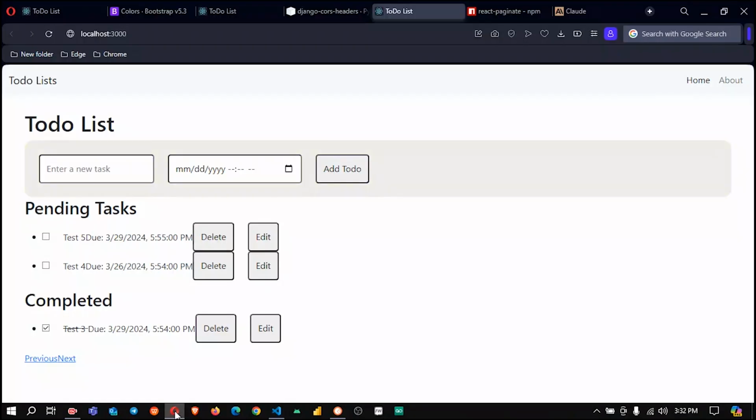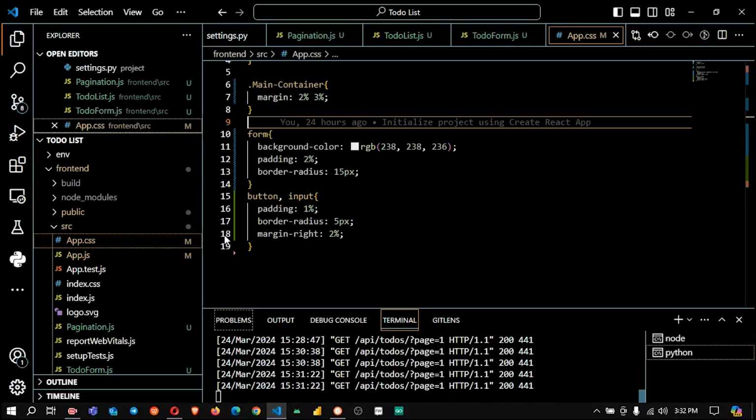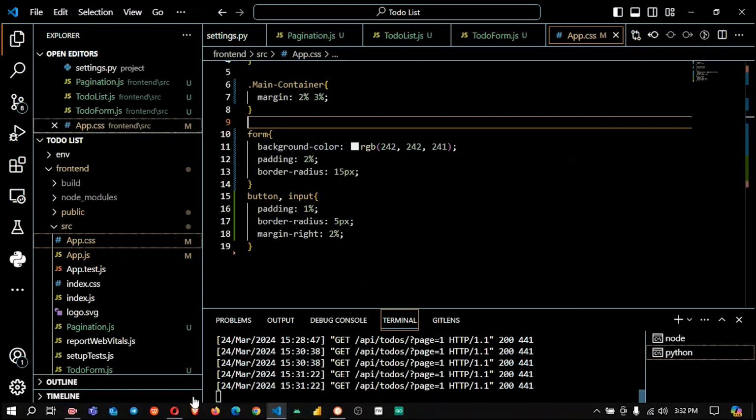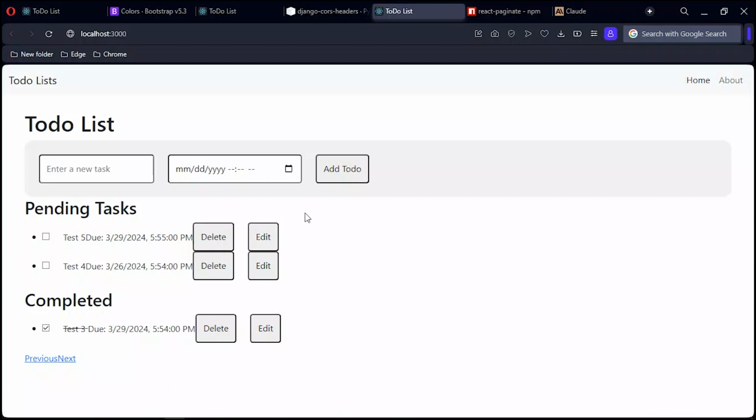Let me add in that near white. Yeah, I think this is fine. Now let me try to make it a bit. Yeah, this is not that bad. And then yeah, this is fine. So for the pending task,